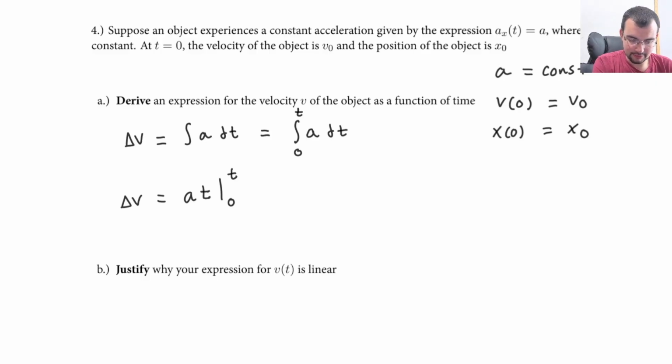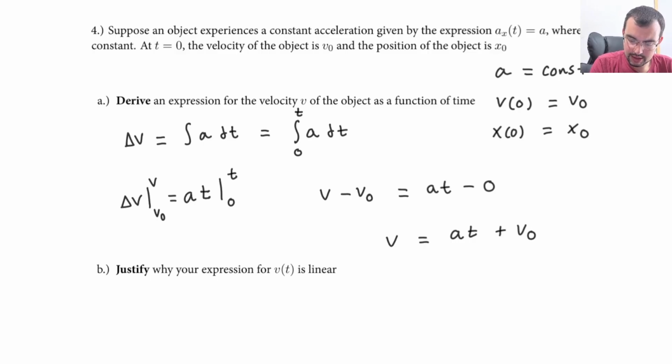And similarly, for our delta v, we're beginning at some velocity v0 and ending at some velocity v. So we can actually just show the subtraction here. We'd get our velocity minus v0 equals at minus a times 0, or velocity is at plus v0. And that should look interesting,